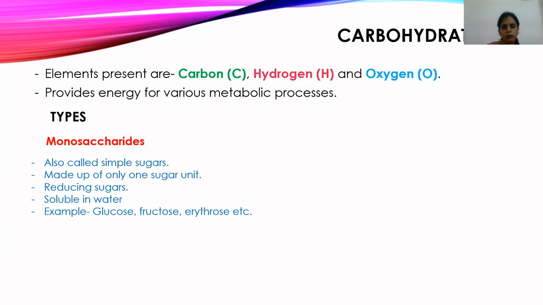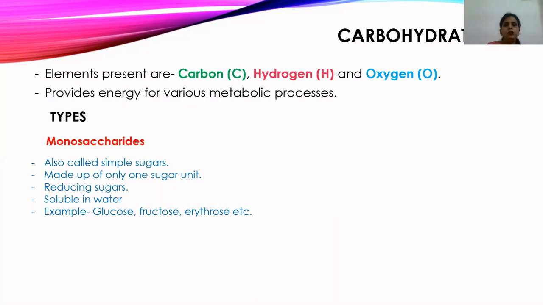Apart from this, carbohydrates are also involved in the cell membrane. You have studied the structure of the cell membrane in chapter 2. The cell membrane is always a bilipid layer, and in between we have protein molecules. On the top of protein molecules, we have these carbohydrate chains. These carbohydrate chains help in the interaction with surrounding cells, or you can say they help in cell identification. So similar types of cells can identify each other with the help of these carbohydrate chains, which are present on the top of protein molecules embedded in the bilipid layer in the fluid mosaic model.